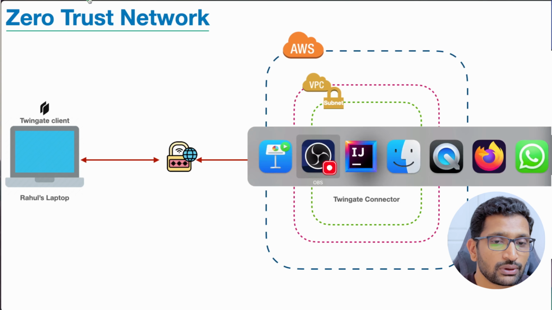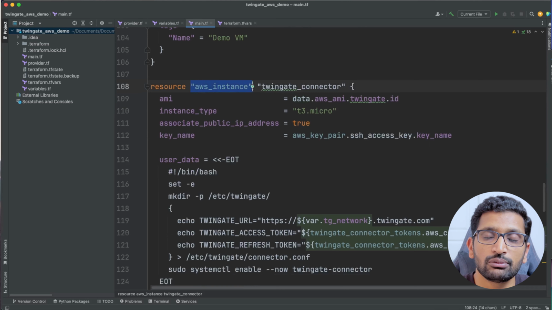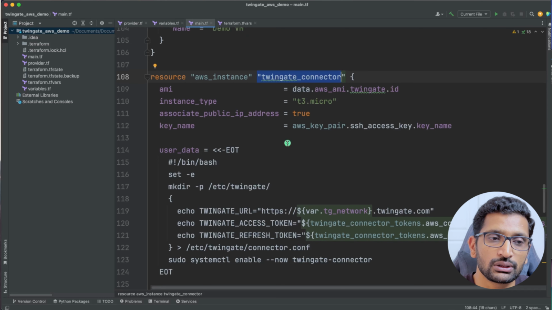So I'll close this one and go back to my IntelliJ, my code editor. Here you can see I'm setting up the same kind of virtual machine, but this is specifically for the Twingate connector. This whole code I just took from the Twingate documentation. They really have good documentation, and if I could show you,